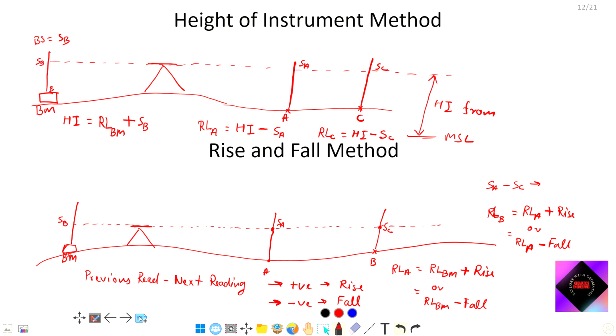So let's see further in revision. This is about height of instrument and rise and fall method. We have already done a question over it, using both the methods, and we have calculated the same RL values for different points using these two methods. Just see that question in our previous video. You will find it at the end. Now moving further,